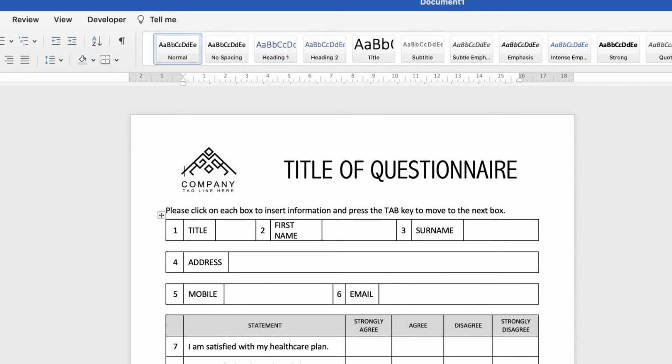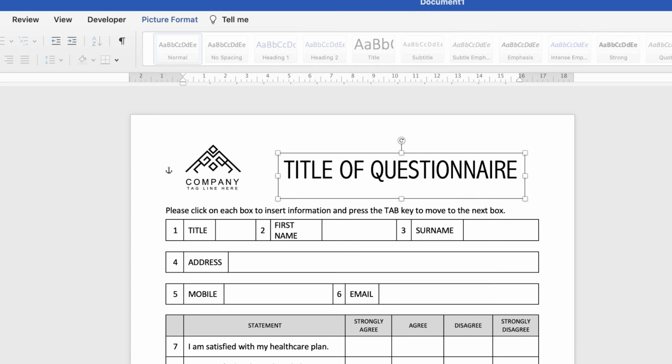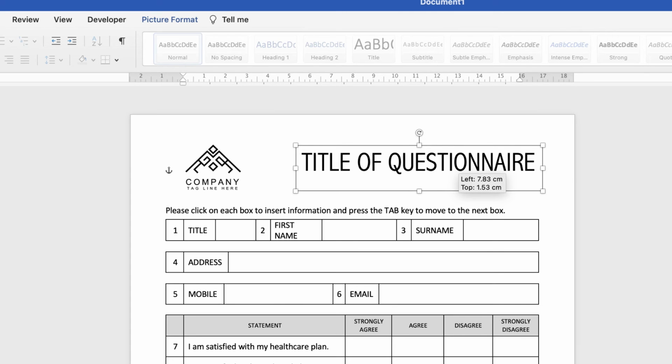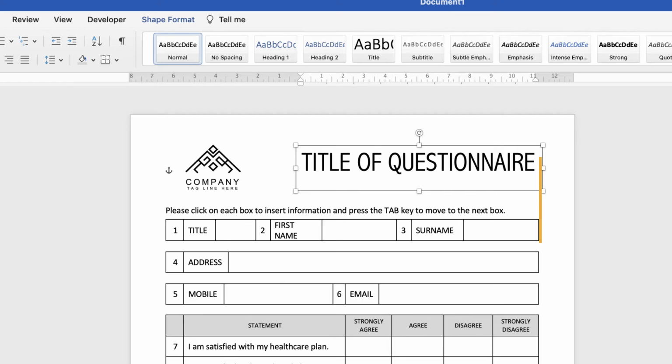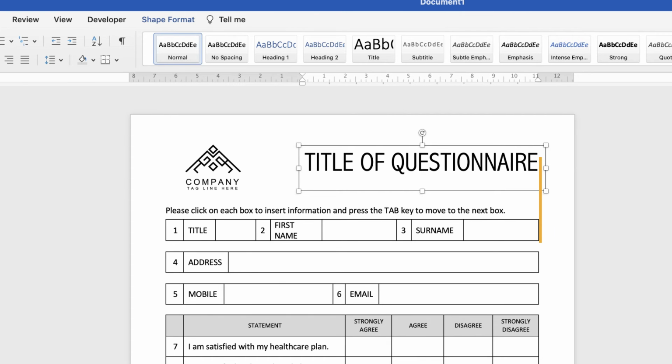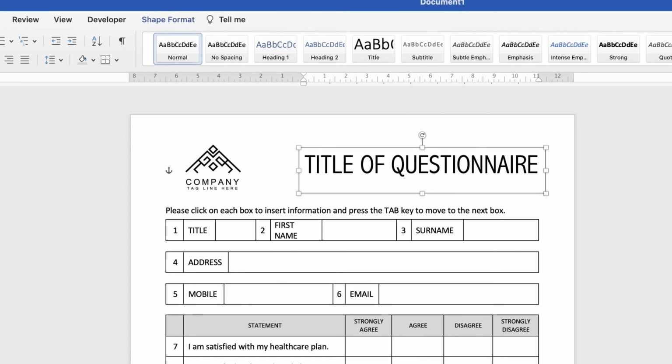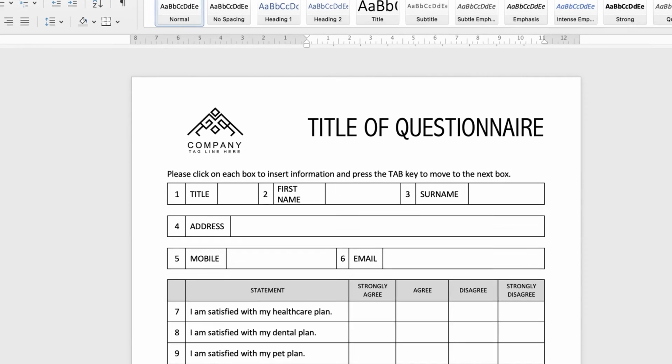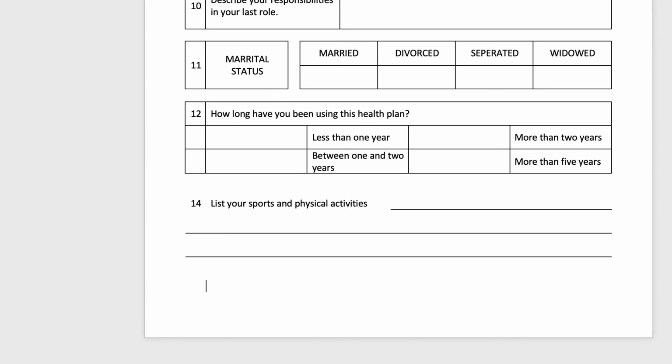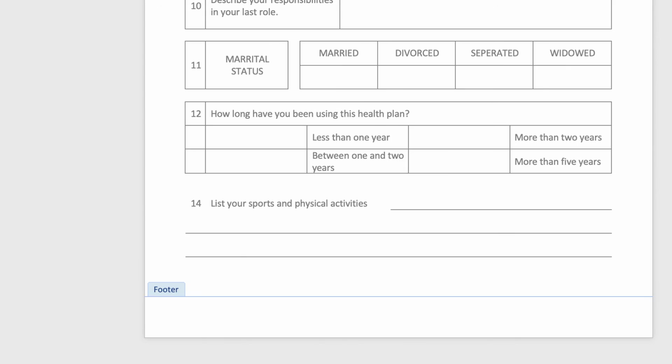Perfect. Now you can go ahead and start moving things around so that they look exactly how you want them. I want to move that E so it lines up with the edge of this questionnaire. Might look a little neater. And then at the bottom you might want to put a footer in just to make it look a bit more professional. Double click at the bottom. You see them in the footers here. And then we can just type in questionnaire